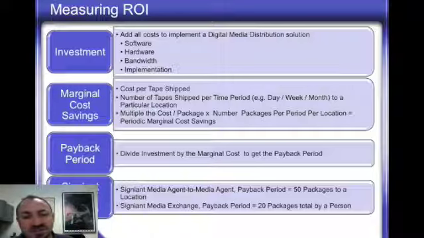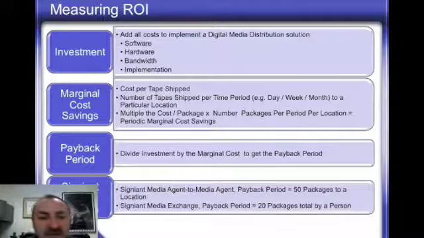And in today's economy, getting ROIs of a month or 5 is definitely good business. So what are the rules of thumb for Signia? So in our Signia Media agent